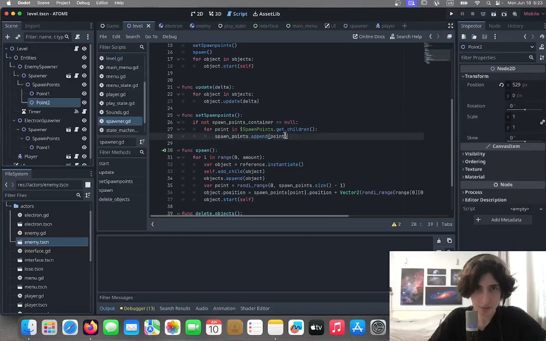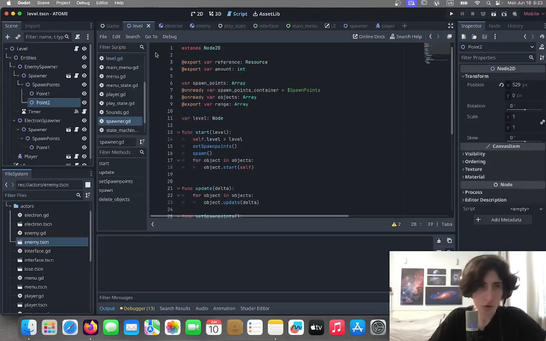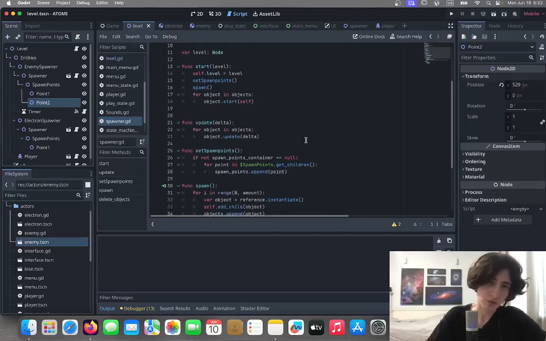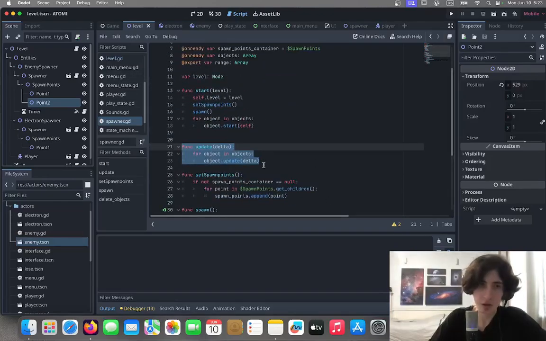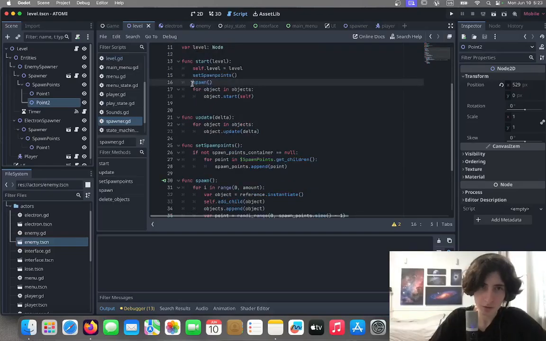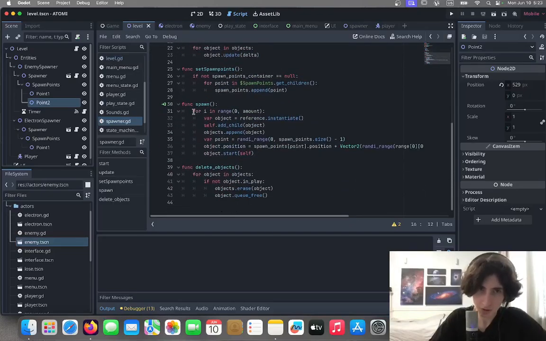So here we set the spawn points, which basically means we put all the children that this node has inside this array to keep a reference to our spawn points. Yeah, that's what this is for. Here we update each object, nothing special. Here we start each object. We also spawn our objects on start,